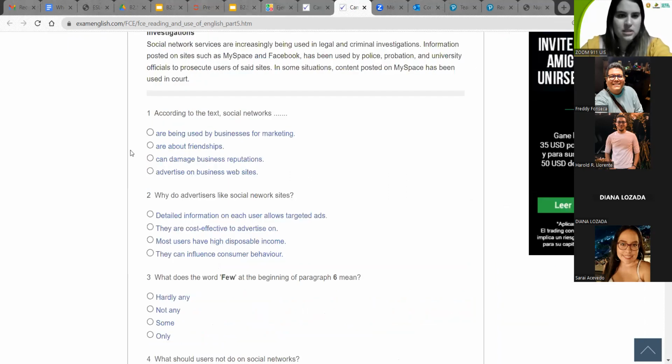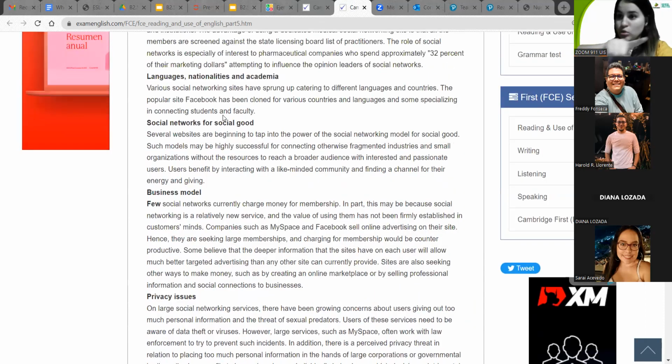Same thing with this. You have to read the keywords carefully. So, for example, this one says, according to the text, social networks. Okay, it's asking about social networks. So I go to the text. There is a strategy, or there are two strategies, called skimming and scanning. Yeah, skimming. So skimming and scanning, oh, it's been a long time since I used